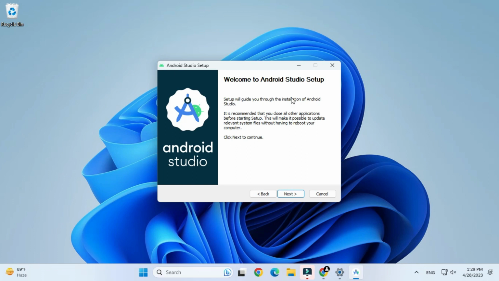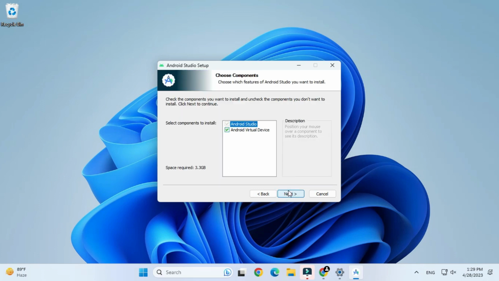And guys, here we have to choose the component. If you want to install Android virtual devices, then you can select it. What is Android virtual devices? It is where you will be seeing your output. If you are not connecting your mobile phone for checking your output, then you need some virtual devices. So that is this part. Yes, so I want Android virtual devices to be installed, and later on while creating and running project we need to configure it, and click on next button.